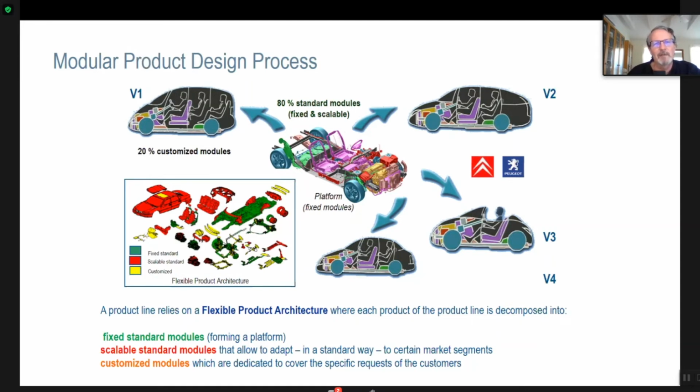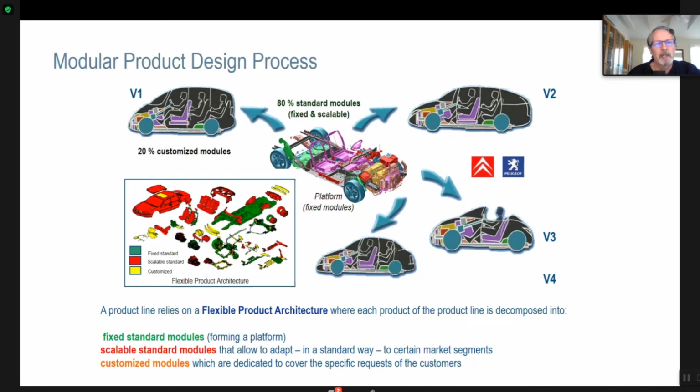The new stuff we do with Volkswagen and Scania trucks and some other customers, I can't really show you yet. The new BMW products, they're very innovative. They're very clever. But here's the fundamentals from Peugeot Citroën from 15, 20 years ago. It's built around a platform. And I break the building or the product up into 3 elements. There are these fixed elements. In the case of a car, that's something to do with the chassis and something with the drive axle.